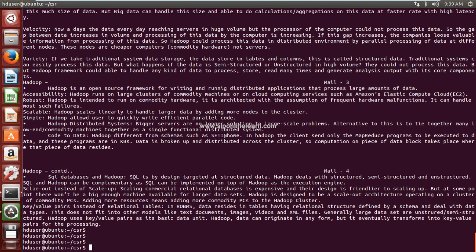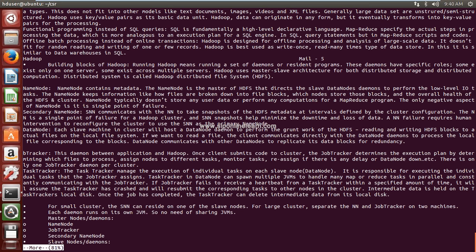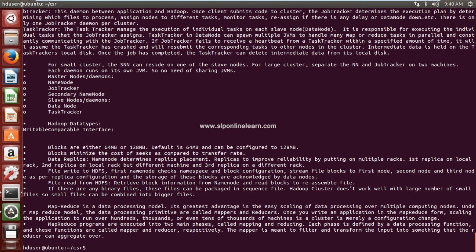With this more command, you can display your file output page-wise. Page-wise in the sense, here, more hadoop.txt. First it will display the first few lines of your file. So this is the starting of your file, and only one screen is displayed. Next, when you press the space bar, the next screen will be displayed. Again, if you press the space bar, the next screen, meaning page by page output. That is the advantage of this more command.